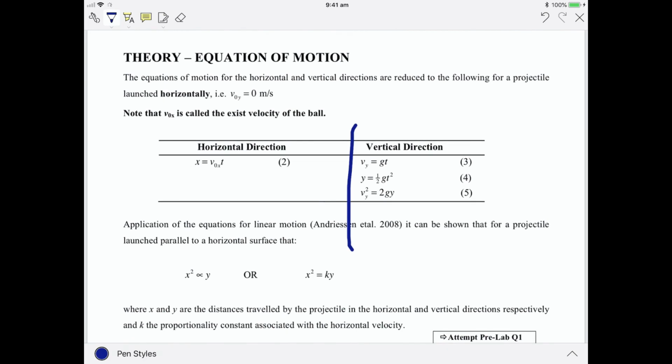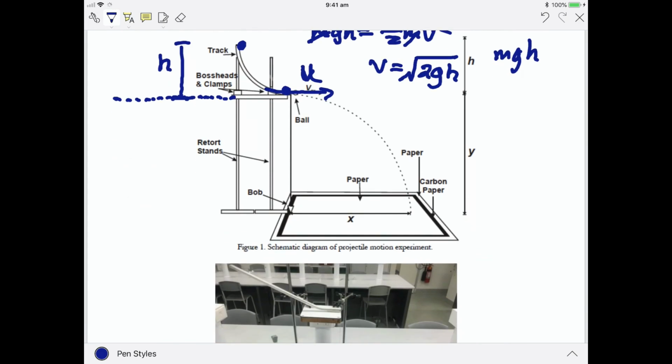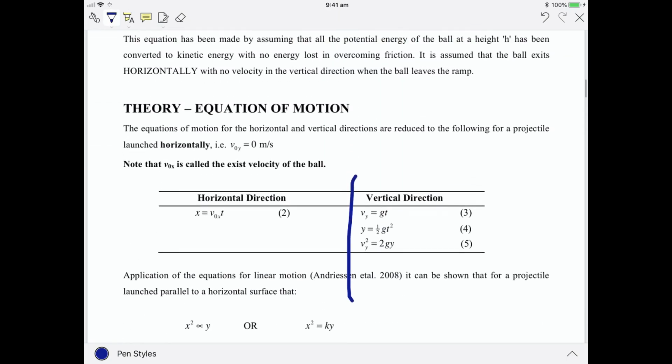Now, once you got the h and the g, if you go back here, this is your trajectory. This is your path, which your ball dropped to here. From here to here, this is your x. From here to here, this is your y. Now, if you look at what the theory says